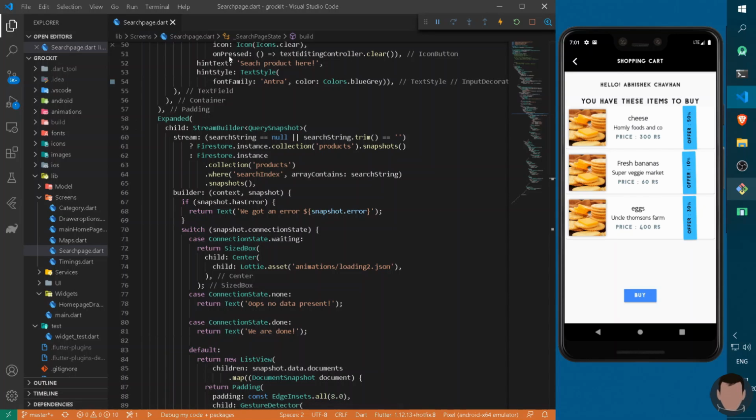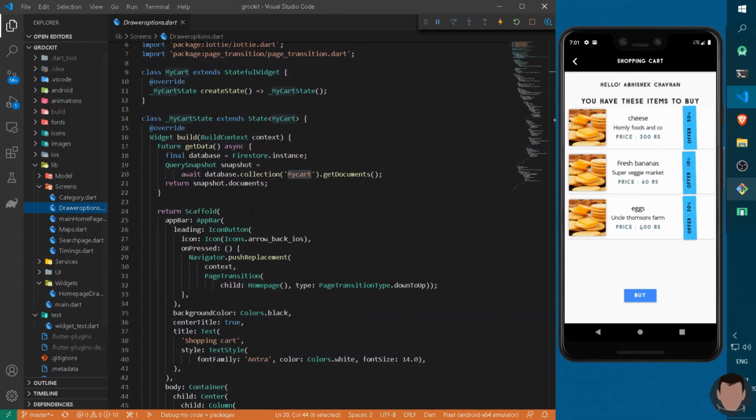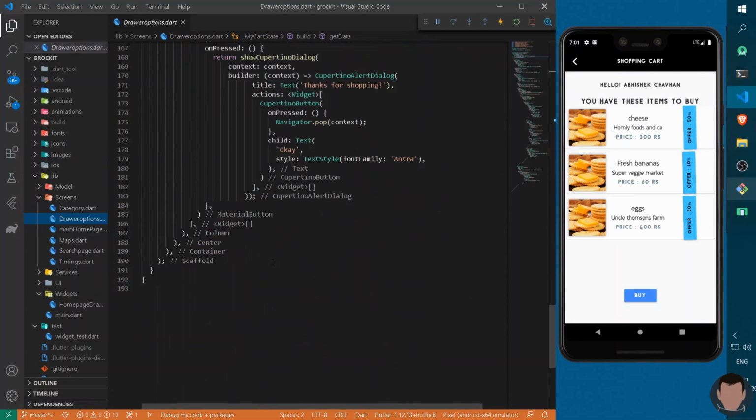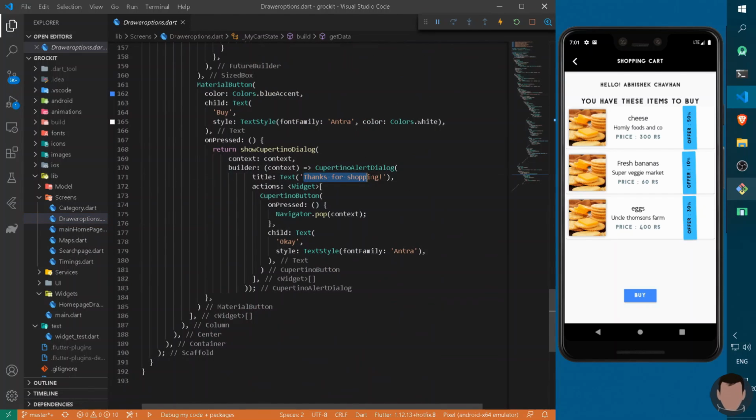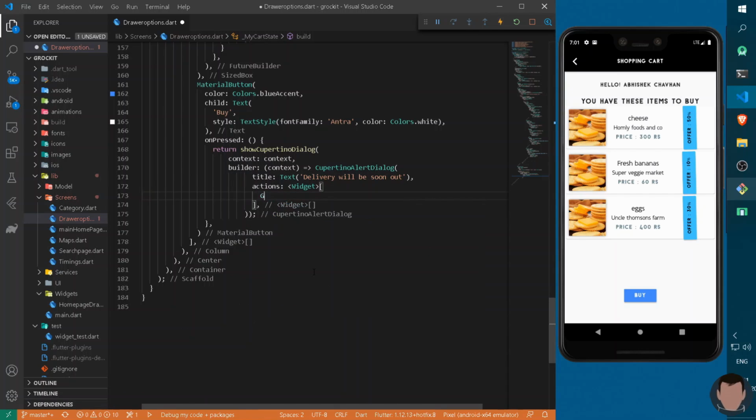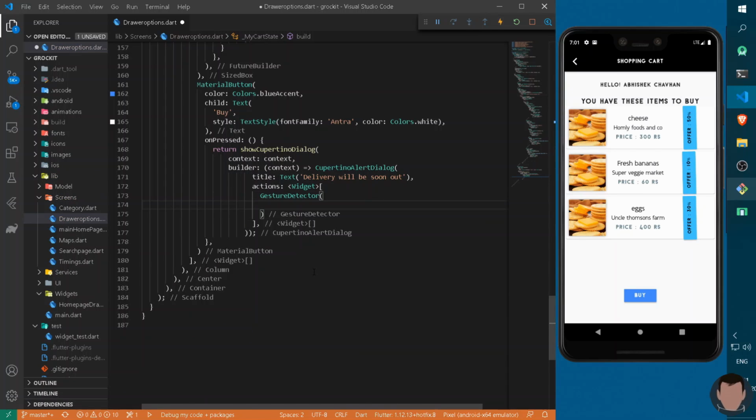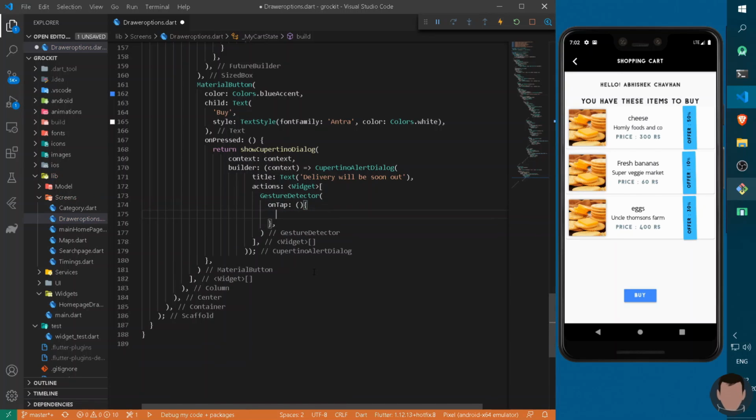So let's go there. It is in drawer options, I think. Yeah, so in the drawer options, go down, down, down, and instead of thanks for shopping, here we can say delivery will be soon out. And instead of having a Cupertino button here, we can simply have a gesture detector which will on tap do nothing. It will do nothing, only navigate us back by typing pop of context to be true, and